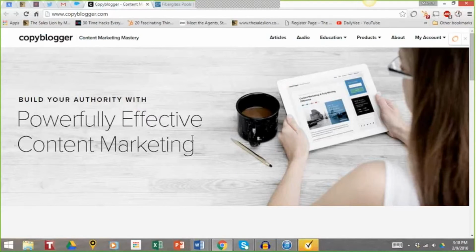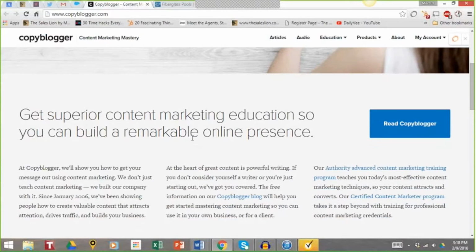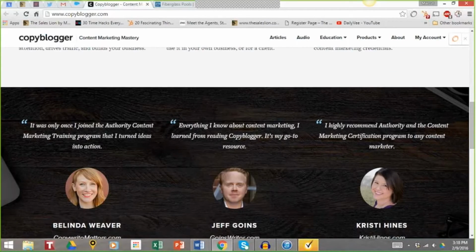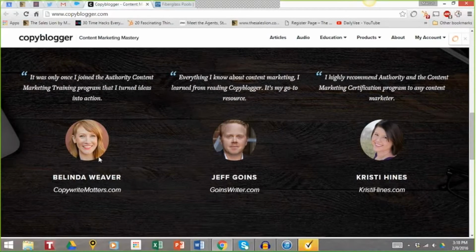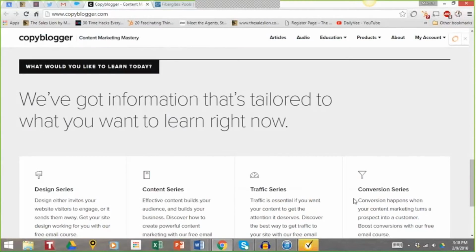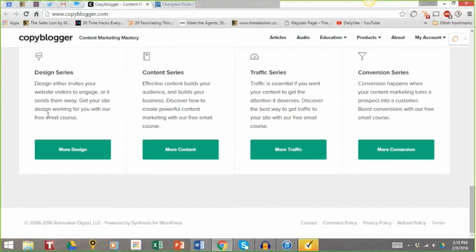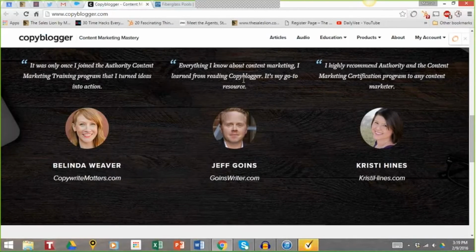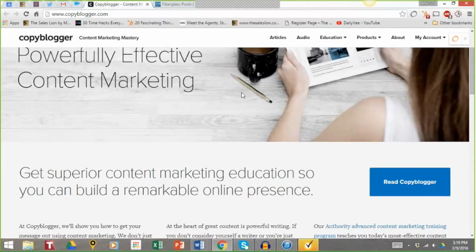You have the main headline. Then once you get through that, you've got the social proof element. So right away, they hit you with what these well-known folks, these leaders in the space, are saying, and now they talk about, okay, if this is a need that you have, you can find it here, and this is their buckets. Now they switch it up, so they have social proof as their second section, and then they have their buckets as their third section. To me, that's not so important. What matters is that they are there, and of course, for Copyblogger, they're there, and these are the things that you want to remember as you're setting up a successful homepage.